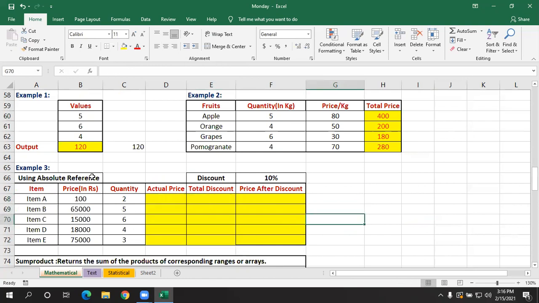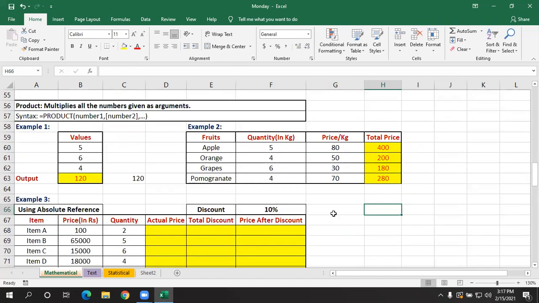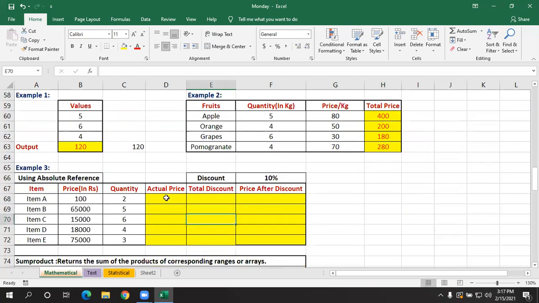Now I'll be using absolute reference. I'll show you in examples, then you'll understand. See here, I have 3 columns: item, price, and quantity.